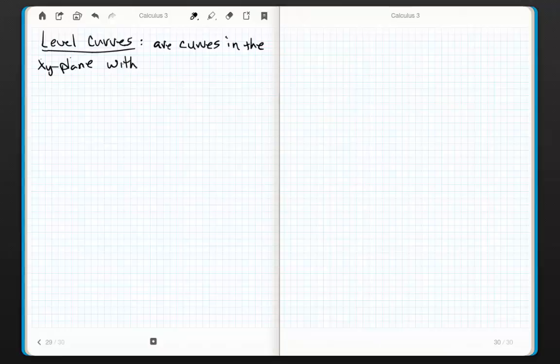Okay, now we're going to talk about level curves, and I love level curves because they're right in my wheelhouse in terms of projections onto an axis. They're really, really helpful. So let me give you the formal definition. Level curves of a function of 2 variables are curves. They're just curves. But I don't like the way the book necessarily defines it, because I'm going to call this in the xy plane, xy plane with equations